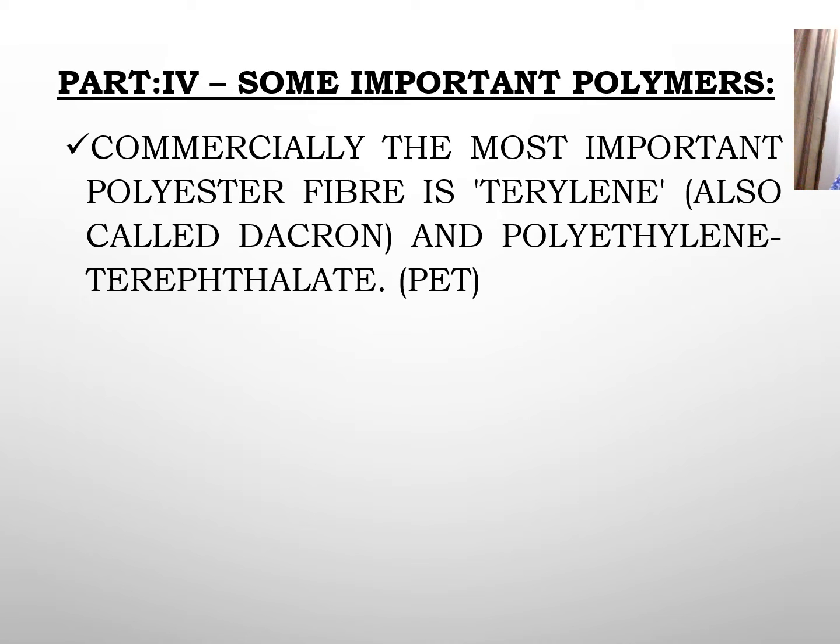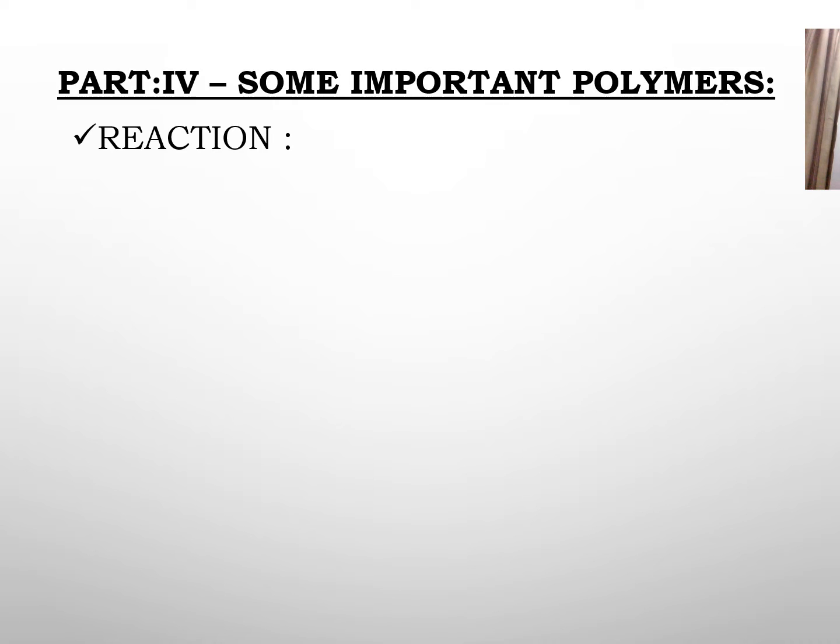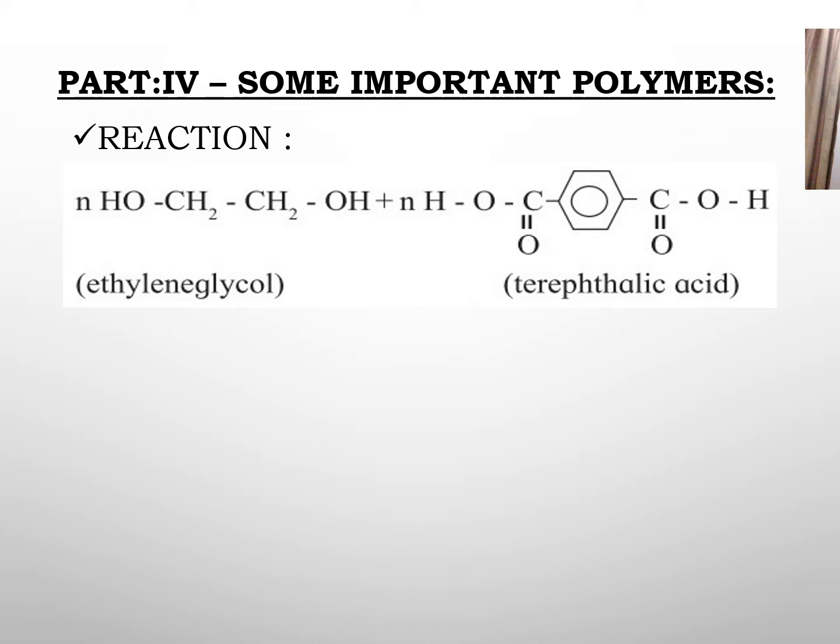So commercially, the most important polyester fiber is terylene, which is called Dacron, and polyethylene terephthalate, which is called PET. So let's see how Dacron is formed. So Dacron is formed by the condensation polymerization of ethylene glycol and terephthalic acid in the presence of catalyst and at high temperature. So ethylene glycol and terephthalic acid react to form a monomer, and this monomer gives you